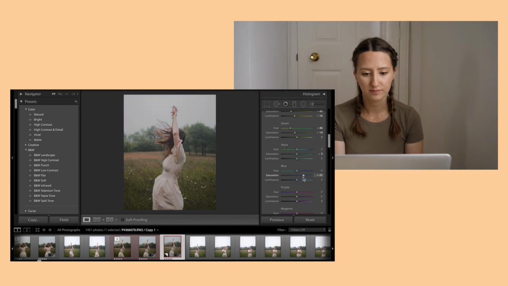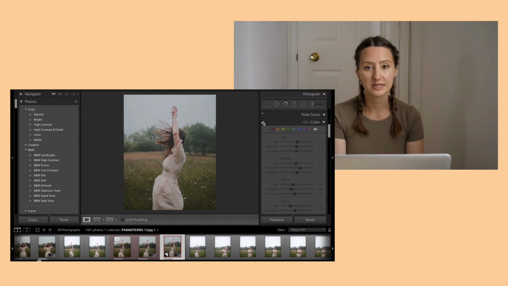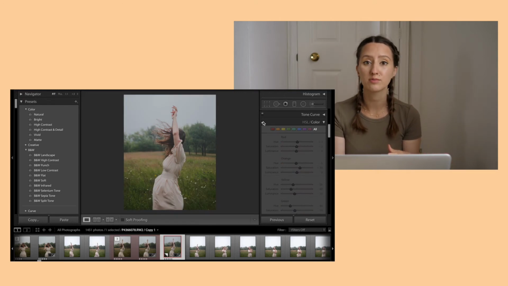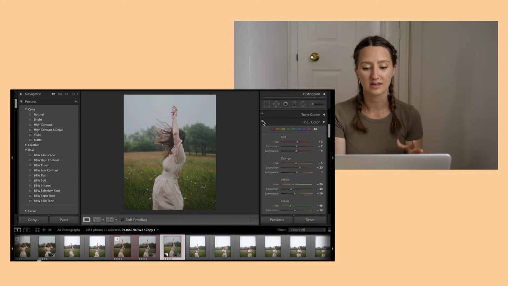So I'm gonna bring it down a little bit, reduce the luminosity a little bit. This is how we impacted the color already. So I made it slightly moodier, I reduced the yellows and greens. You might prefer this, you might prefer a brighter and more vibrant image, but I do prefer the image slightly less saturated, slightly warmer, and slightly more